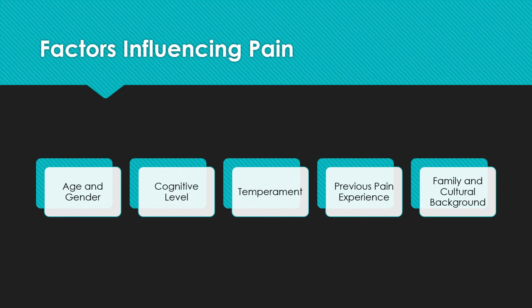So factors that can influence pain will include age and gender. Pain can really start in our preterm newborns. Cognitive level is also a factor that is influencing our pain. As our cognition increases, our understanding of pain and impact of pain also increases. Temperament interventions may differ based on a child's temperament. So if they're easygoing, we're going to probably intervene a little bit different than our more aggressive temperament that a child may have.